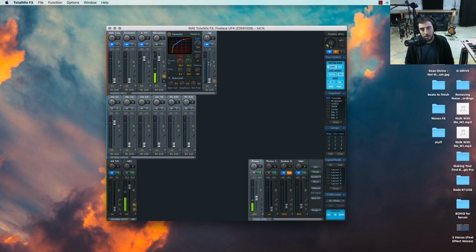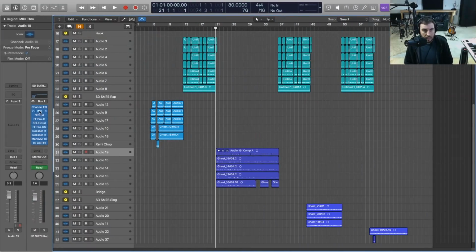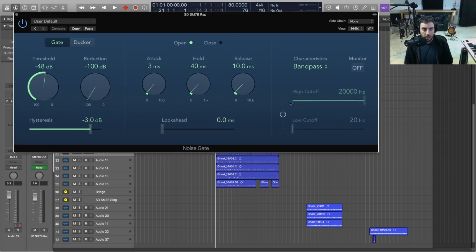Now, I would recommend that if you're not just doing something like this where I'm recording a screen capture, if you're recording a vocal that you're going to be mixing later, I would do the noise gate after the fact. So you would just leave that off, and then once we get into the DAW itself, then we can do